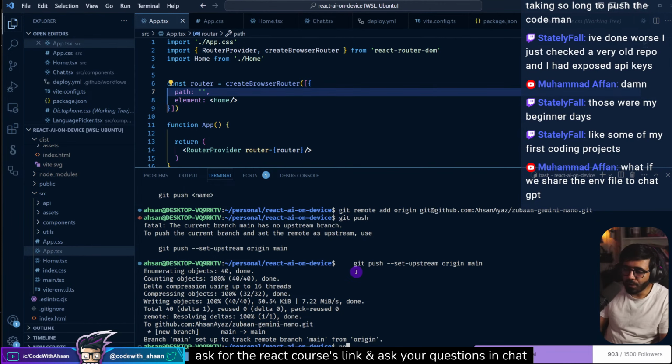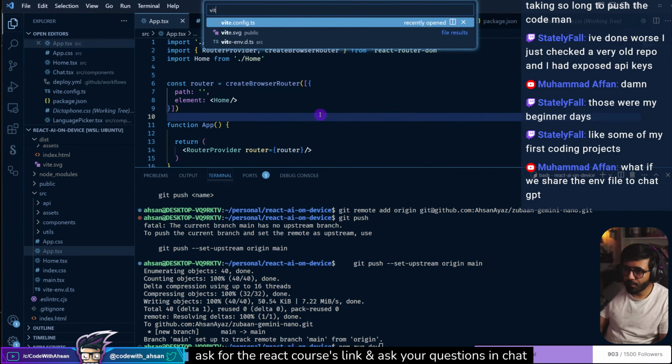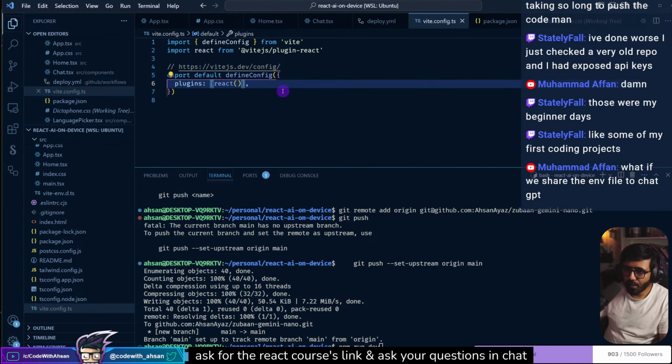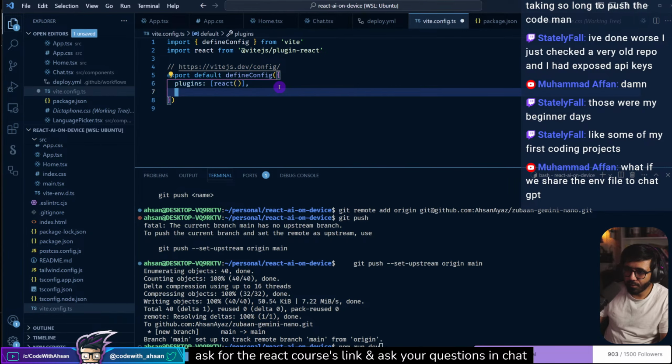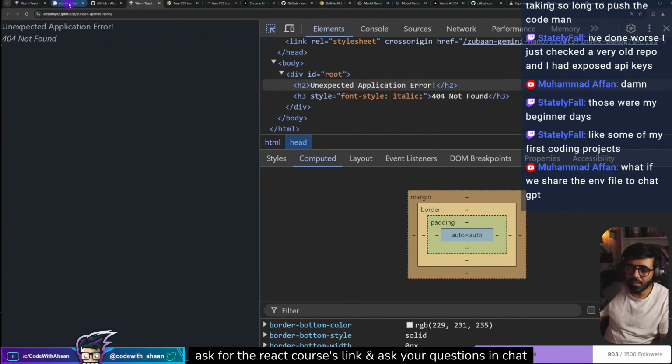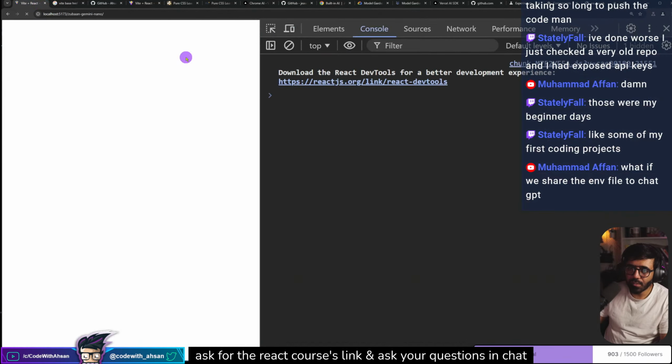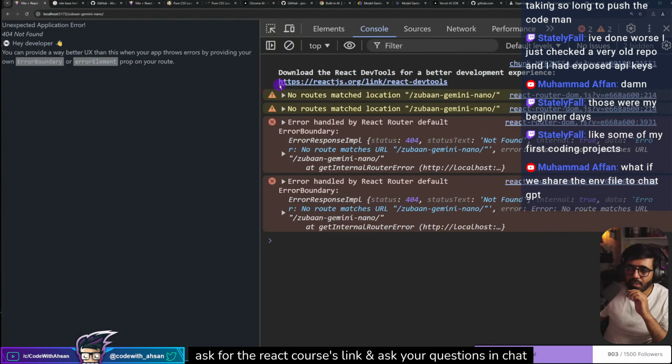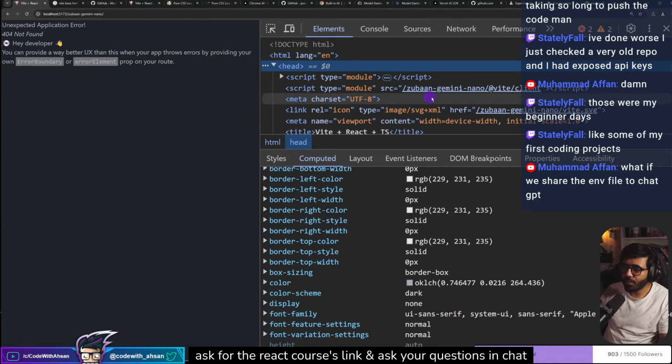Let's try this running locally. So npm run dev. What I also want to do is vite.config.ts. And I do want to bring this here. So let's see. Let's try this locally and see if that fails there as well. So if I refresh here, you can see that this fails. That's why. So here it says error, no route matches Gemini Nano, blah blah blah. That makes sense. But does it? If I go here,